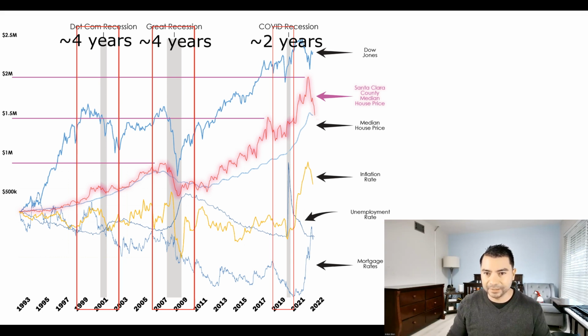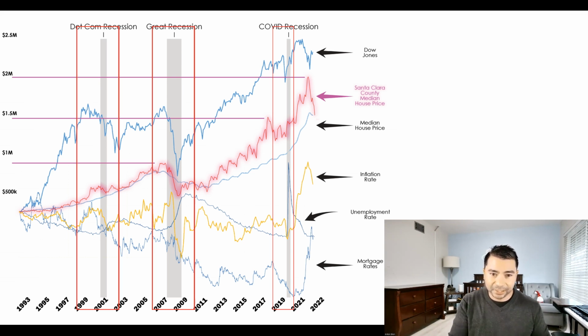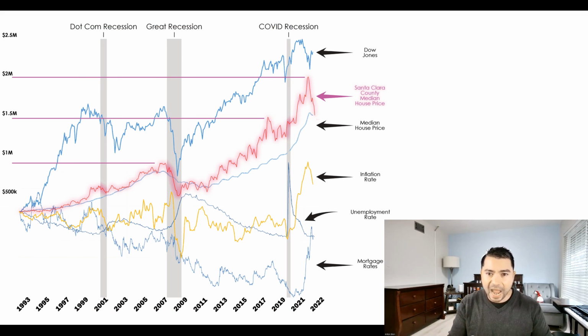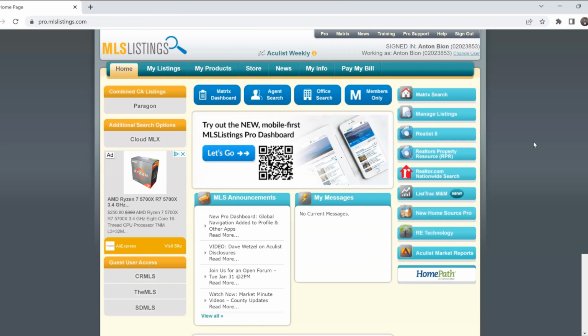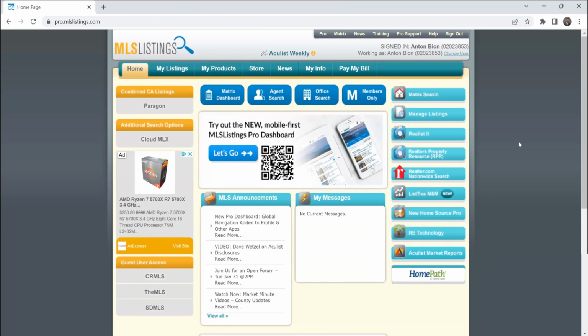So we've got to ask ourselves, looking at this chart, do you think we are at the very bottom of the median house price? Well, I'll tell you one thing, this chart depicts a span of 3 decades. And when we look closer at what's happening today in the median prices within Santa Clara County, it actually tells a bit of a different story. Let's have a look. Okay, y'all, now what we're going to do is zoom in at more recent times.